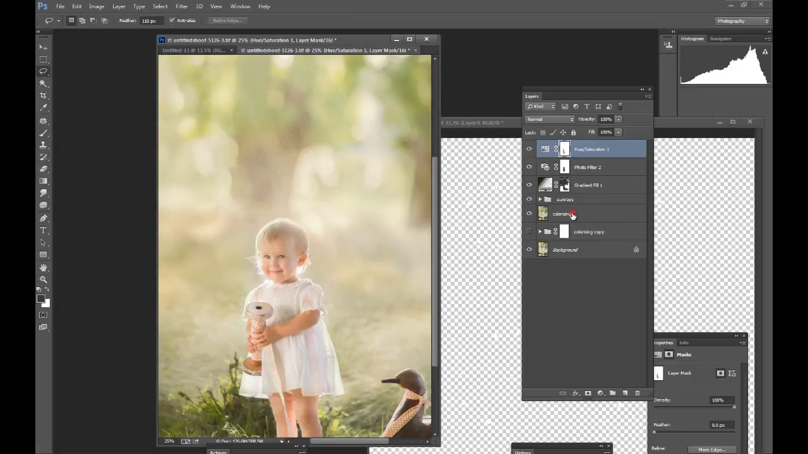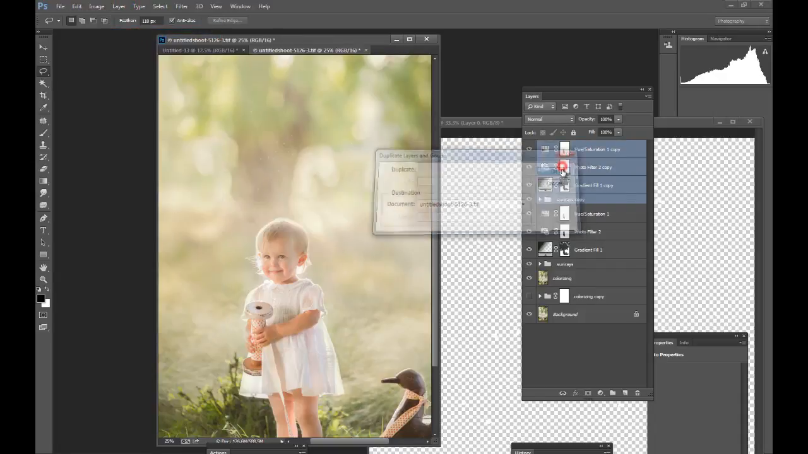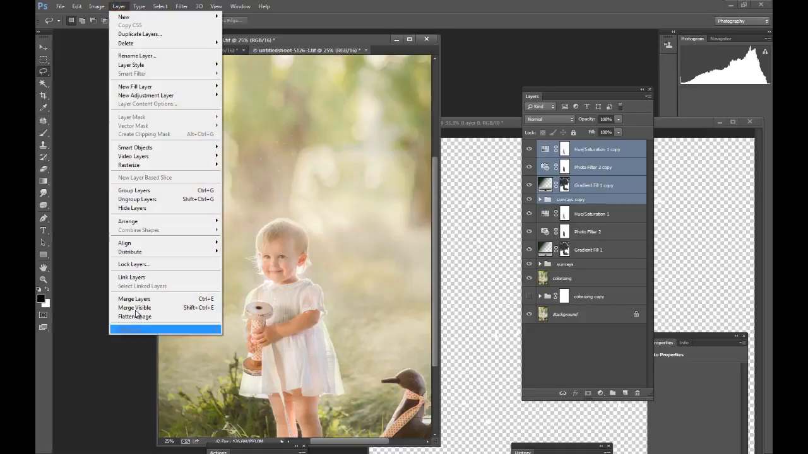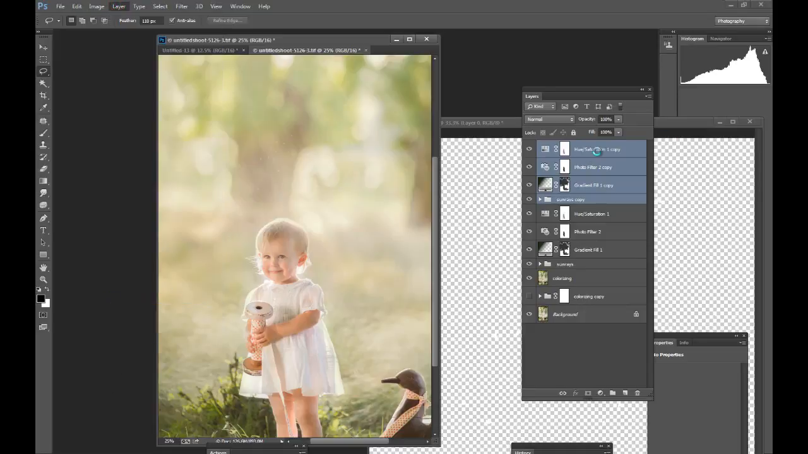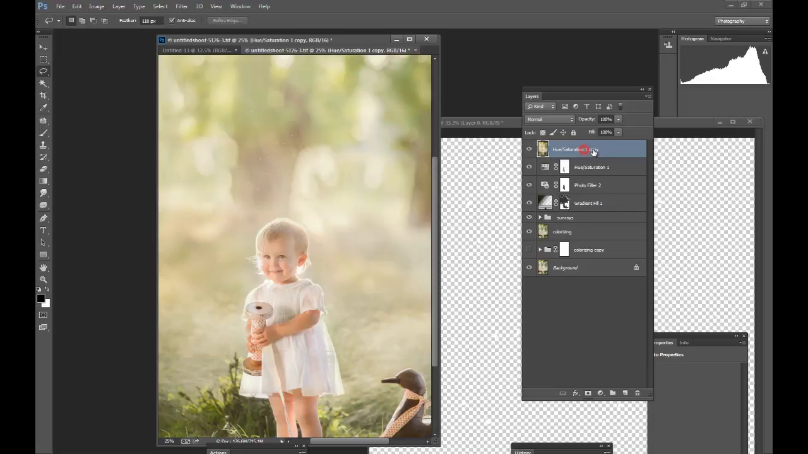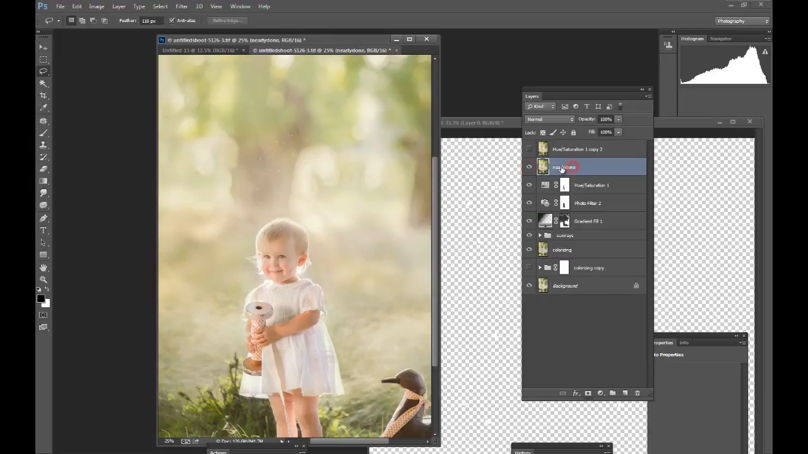I'm going to now, what are we up to? Sun rays. Duplicate these layers and then merge layers and make a new background. Okay, Control J, duplicate that, and I'll call that bottom one nearly done. Okay, so now I've got a new working background, and on this one